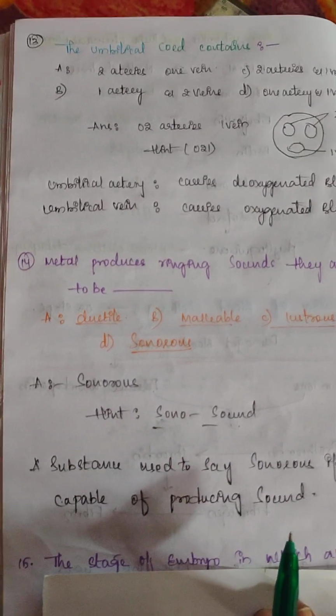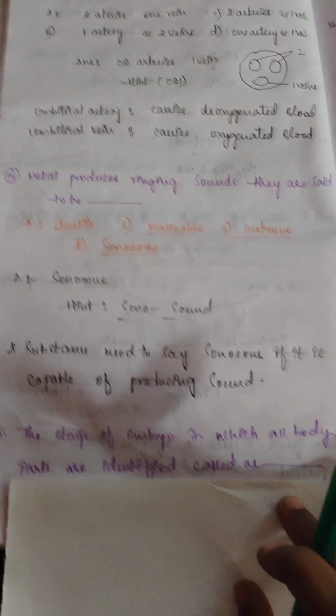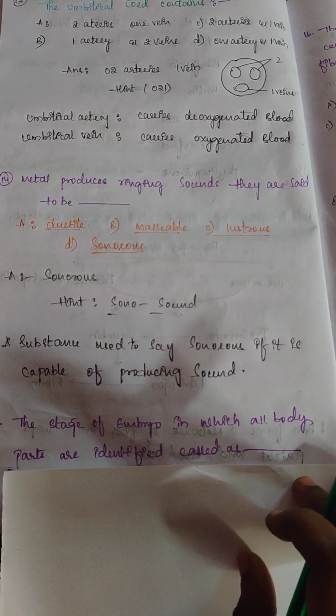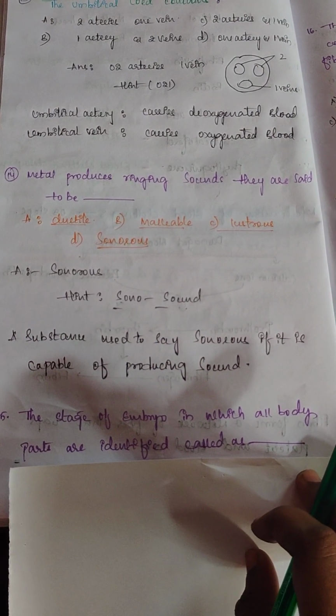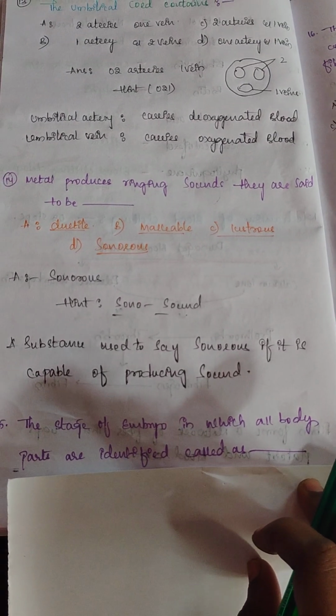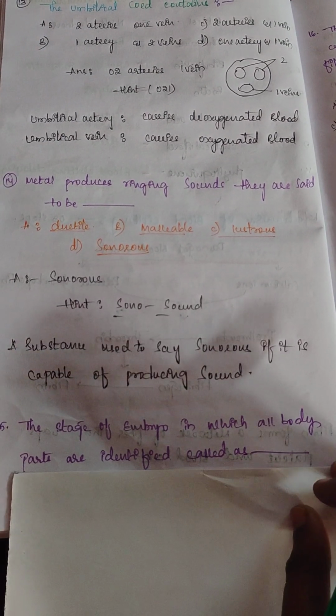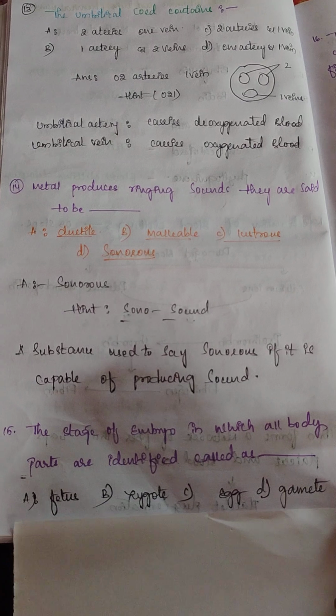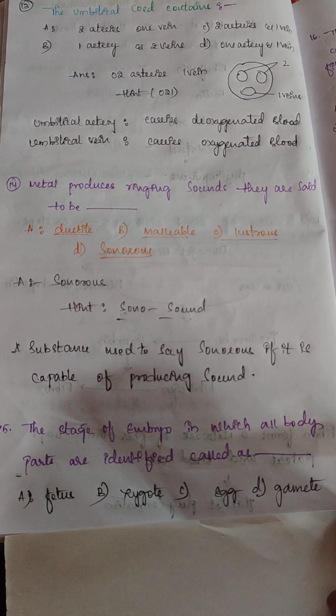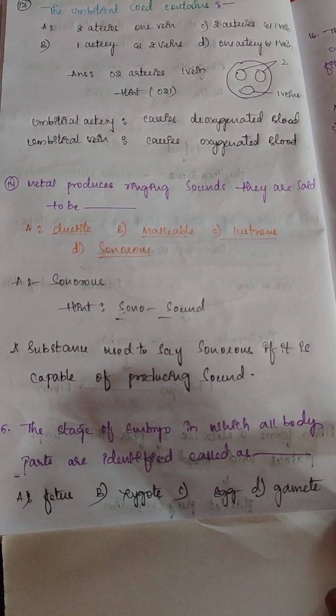Okay, then next question: the stage of embryo in which all the body parts are identified is called as. Here the options: fetus, zygote, egg, gamete, and the answer is